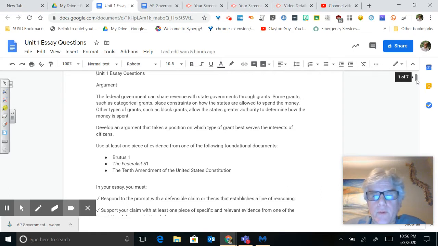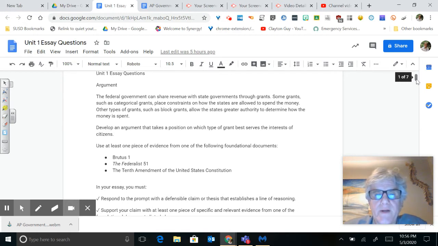Now, a categorical grant, if you have Head Start, if you have Medicaid, if you have certain large programs, the federal government is serving all of its citizens and they tell the states what they have to do. If you have a welfare program and it used to be a categorical grant, they basically made the states give their citizens welfare, and they gave the formula and they gave that. They gave states money for colleges, and colleges had to follow these rules. They couldn't move the money around. They couldn't do anything else. They couldn't move the money over.